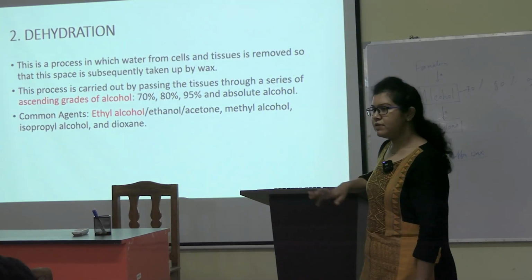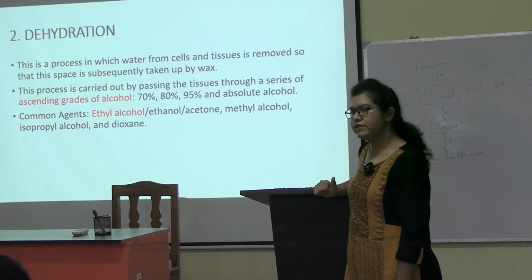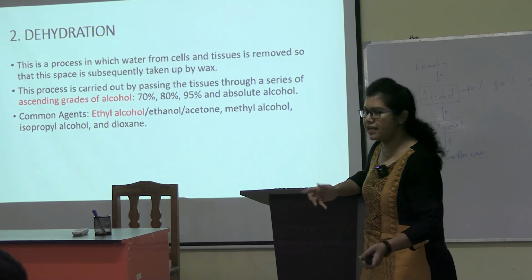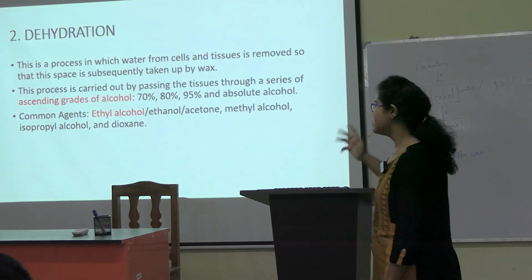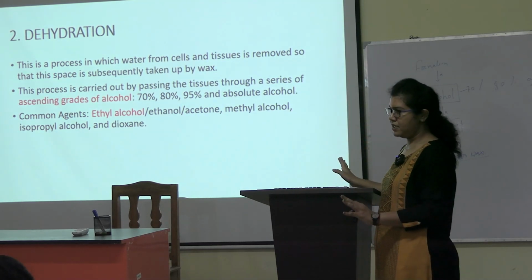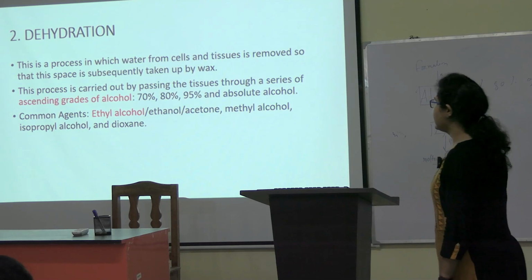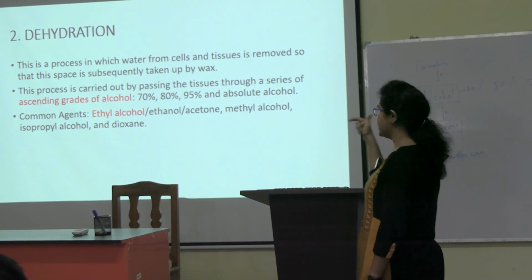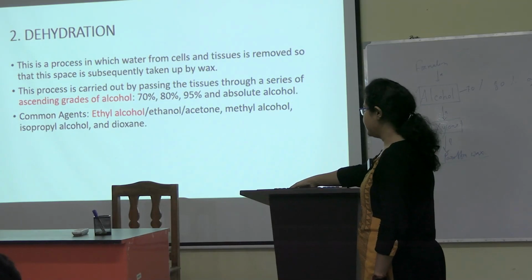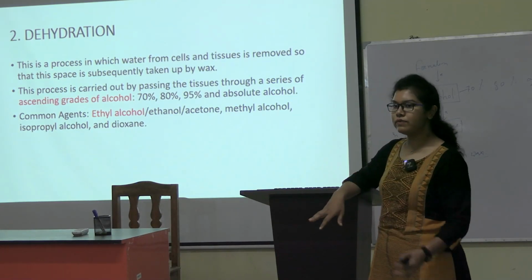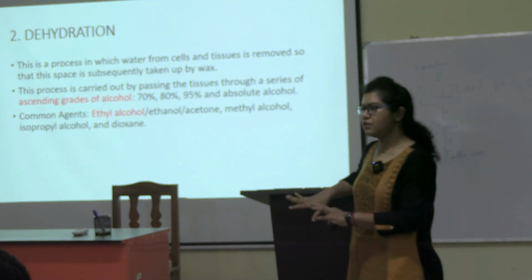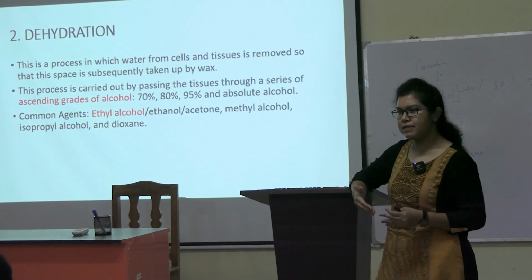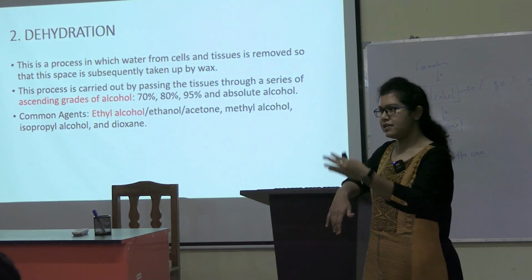So now the next step is dehydration. What are we doing here? Dehydration. Removal of water is dehydration. It's the same thing happening. So we are removing the formalin and putting alcohol now, okay? Removal of the formalin and putting the alcohol, we are doing here. This alcohol also we can't put as 100% alcohol in the first go. So the jars will contain 70% alcohol, 80% alcohol, 90%, 100%, like that.